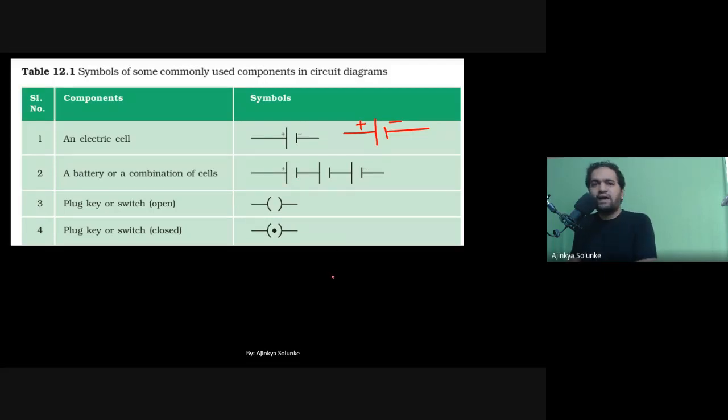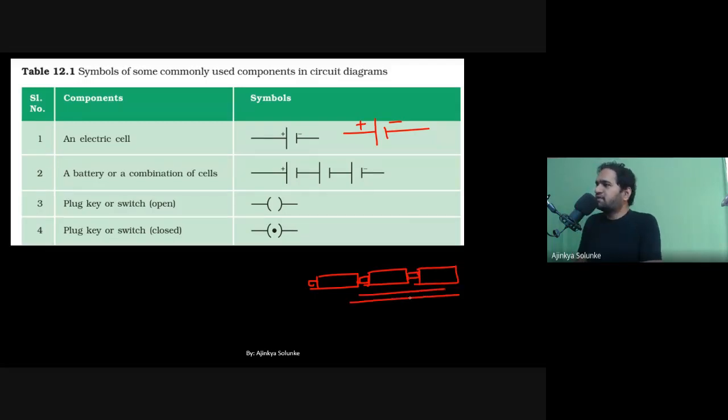Now you tell me, have you used some kind of toys in which you have connected one cell after another, like in some pianos or somewhere like this? Can we say this can be represented like this: longer and shorter for the first cell, then the second cell, and then the third cell. Because of the 3 cells, I have used 3 symbols of the normal cell, one for each cell. This combination is called a battery.